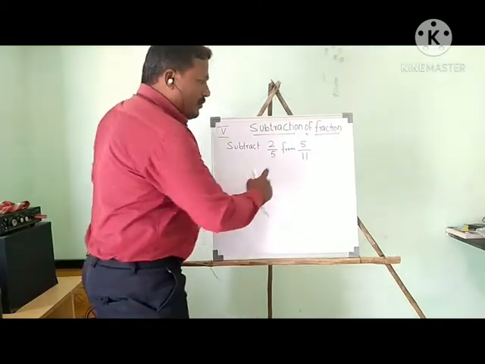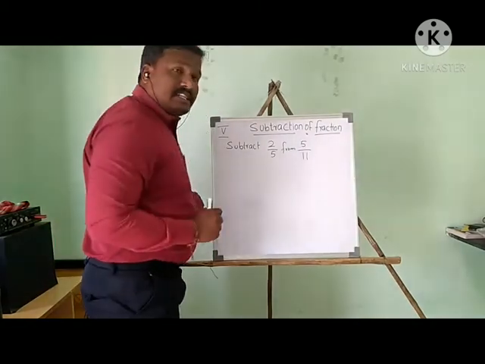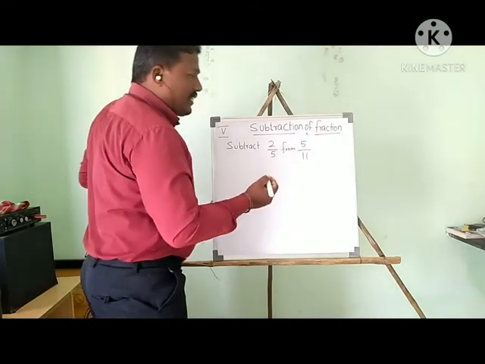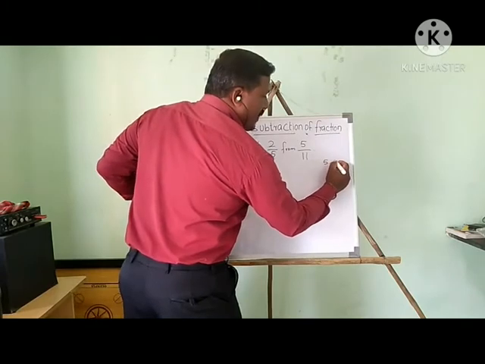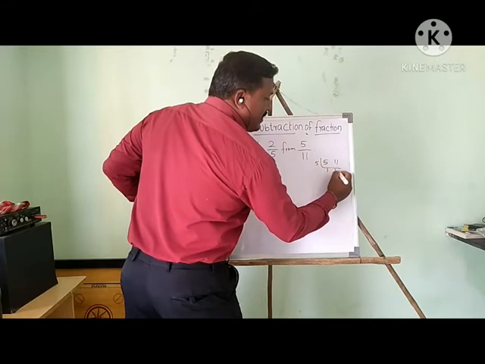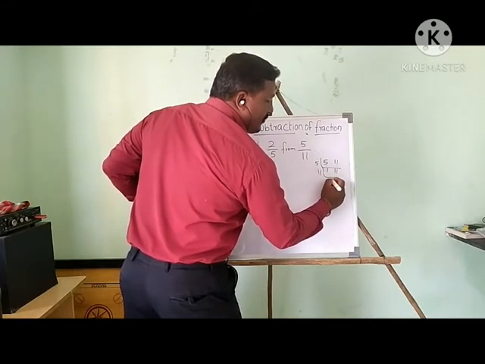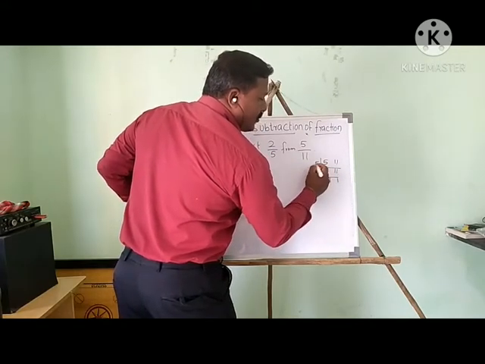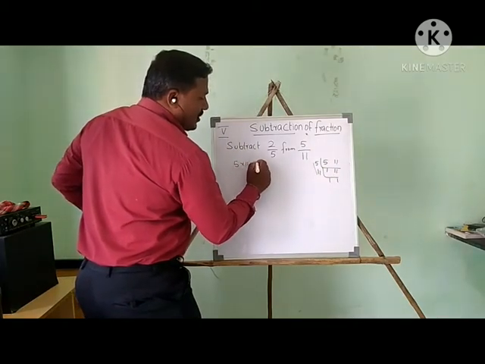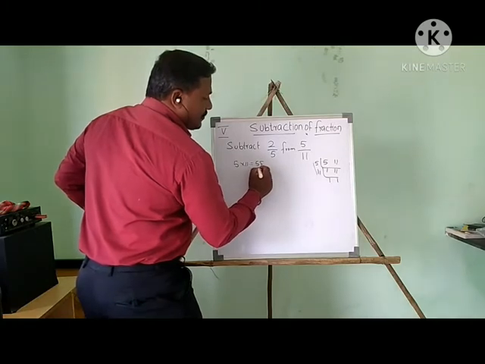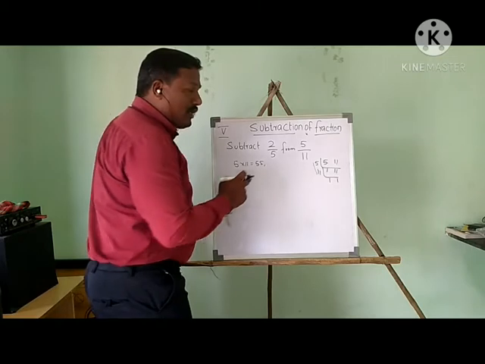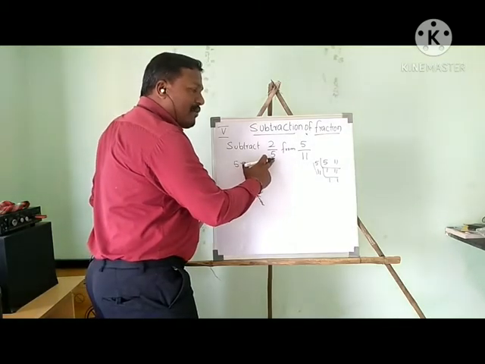So I am going to find the LCM of these two denominators. I told you two methods for finding LCM. Now I will use this one. 5, 11. First I have 5, so 1 5 is 5. 11 as it is. Now 11, 1 as it is 1. So now the 2 factors, if you multiply 5 into 11, 55 is the LCM. So the LCM is 55.